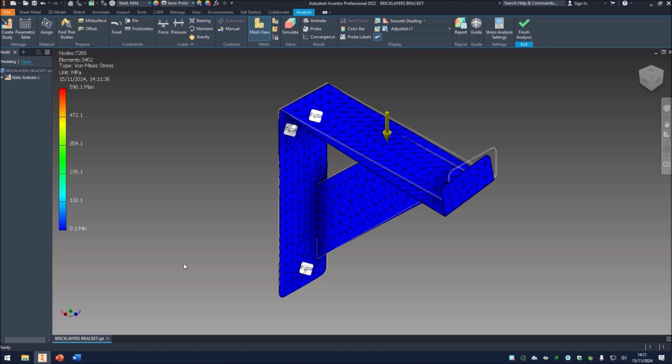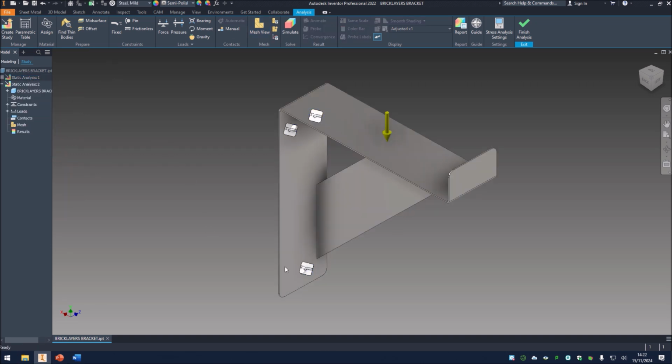and we'll have a little think about what type of materials when we go into the Materials Library. Okay, so I'm going to copy this whole analysis, and I simply do that by selecting the static analysis in the browser and right-clicking. Being a little bit slow. Right click, copy study, and what that does is it copies everything. It copies the material I had selected previously, it copies the constraints that I put on, i.e. the bits that I fixed it on, and it copies the load that I put on. We can change those later, but for this purpose I just want to have a look at changing